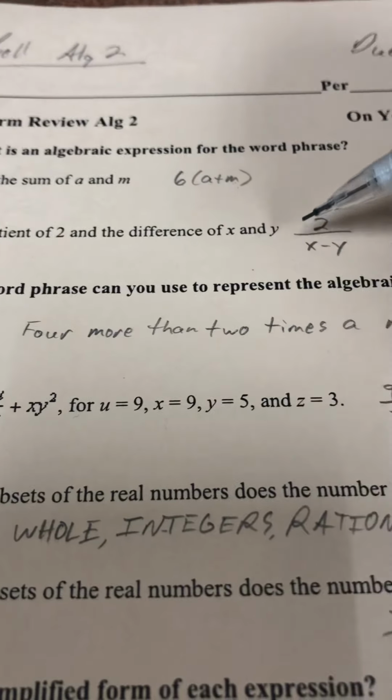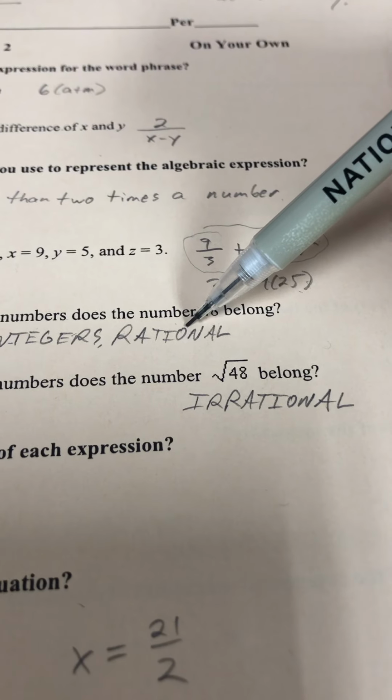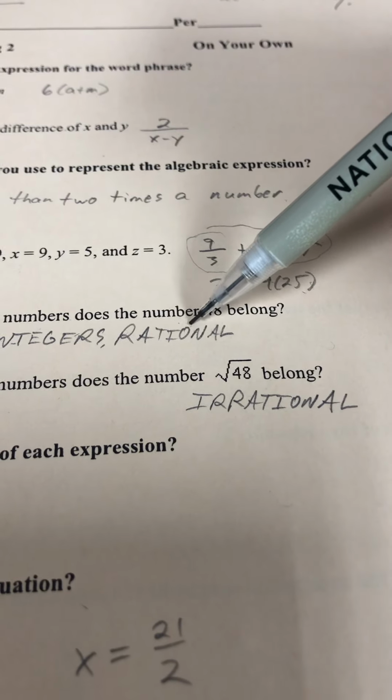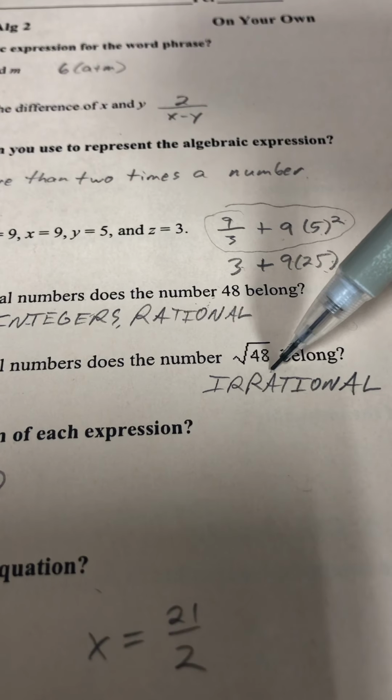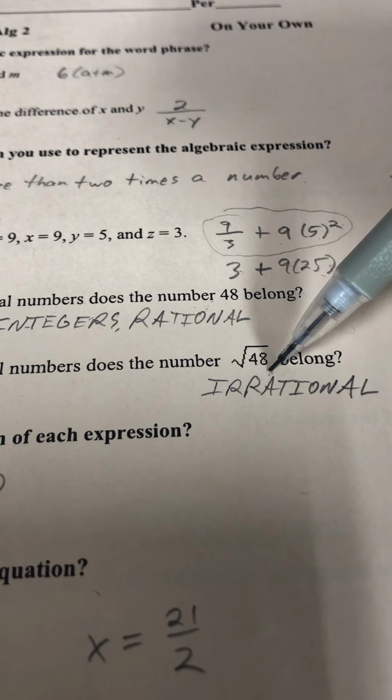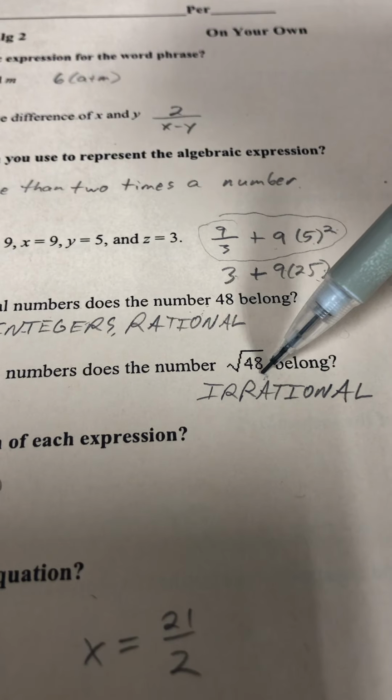Remember natural numbers are just your counting numbers. Whole numbers are your counting numbers plus 0. Integers are all those counting numbers and 0, and all negative numbers. So you can count backwards, -1, -2, -3. And then rational numbers, you could have a decimal in there, you could have fractions in there, anything that is written as a fraction. When you get to irrational are those decimals that don't have an end to them,